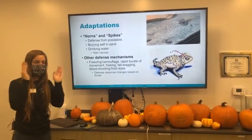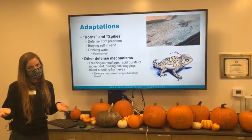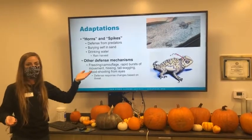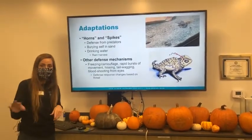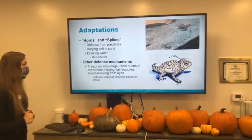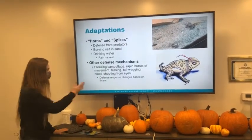It can make the predator look at their tail and actually go after the tail. And then what do we know about lizards, you guys? They can actually detach their tails from their bodies. Horned lizards are no exception. So if the predator bites the tail that's moving, he can detach it and then he can make his little escape. So there's lots and lots of different mechanisms that they use to defend themselves, and it really depends on